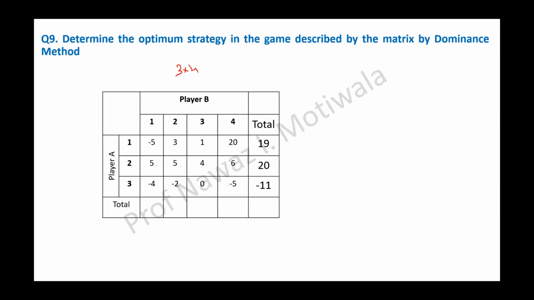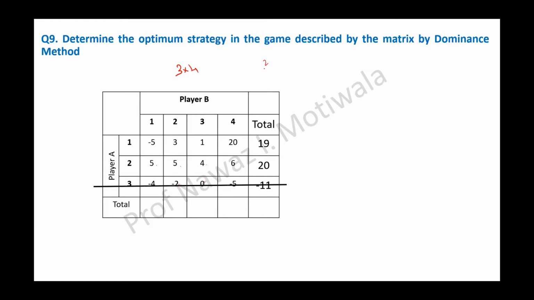Yes or no? Yes, sir. So which row is dominating here? Row 2, the second one. Row 2 is dominating. So which row will I cancel? Third. A simple rule is that the one which is minimum has to be cancelled out if we are going from the row side. So we are getting row 3 as minimum, so this will be cancelled out. Now we have reduced it to 2 rows.